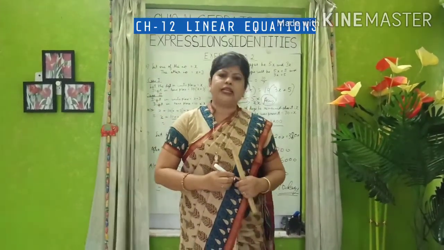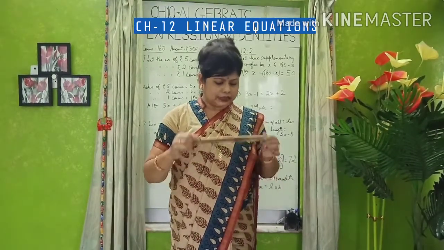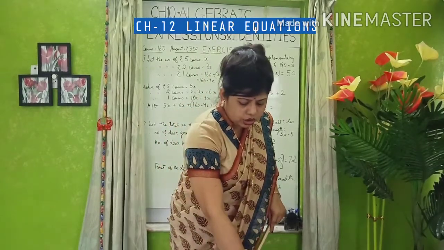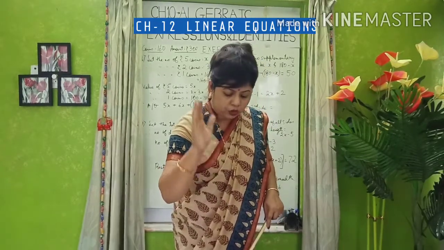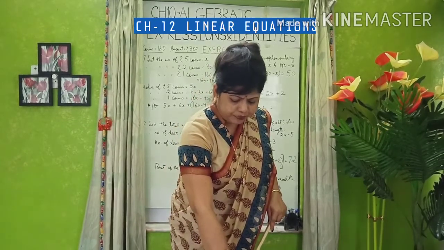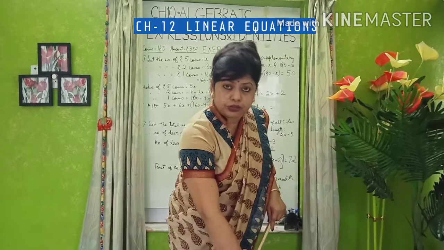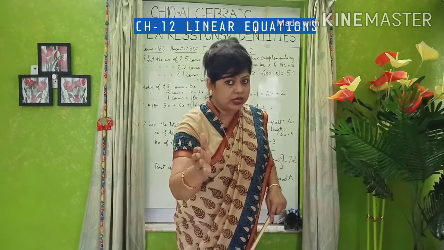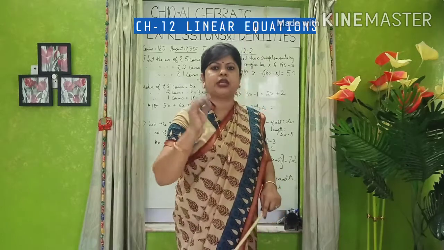Now the next question, that is question number 16. Students, let's come to question number 16. The question says, I have a total of 300 in coins of denominations rupees 1, rupees 2 and rupees 5. Total amount of money is 300. The number of rupees 2 coins is 3 times the number of rupees 5 coins. The total number of coins is 160. The amount is 300. How many coins of each denomination are with me?